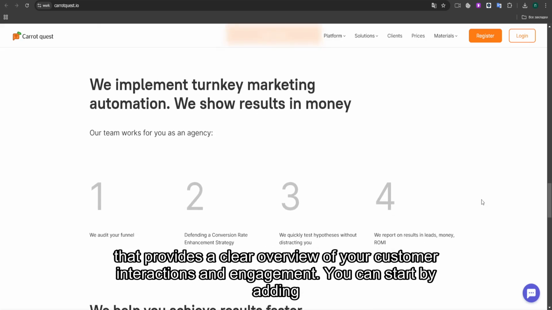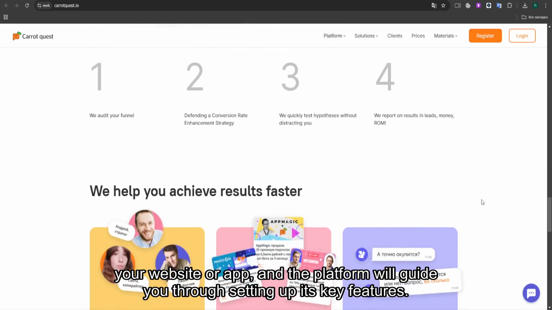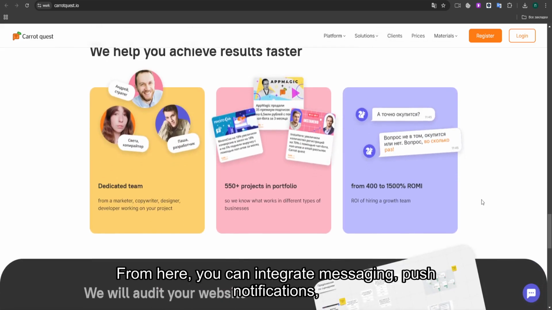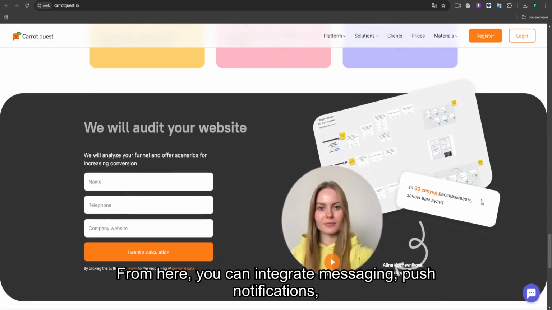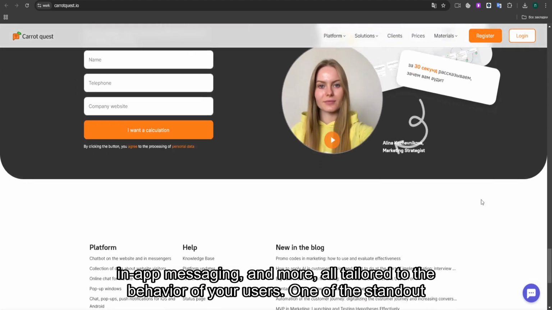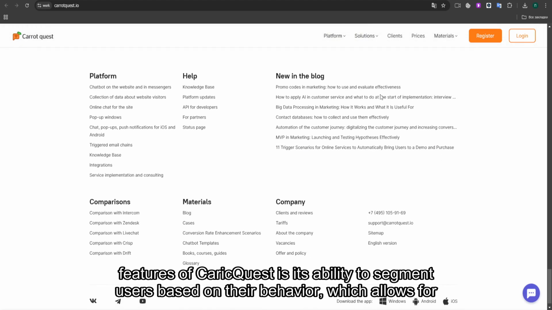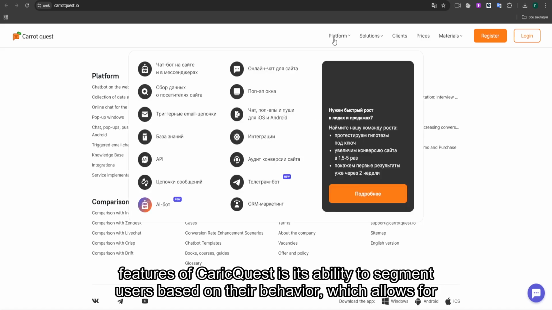You can start by adding your website or app, and the platform will guide you through setting up its key features. From here, you can integrate messaging, push notifications, in-app messaging, and more, all tailored to the behavior of your users. One of the standout features of Quest is its ability to segment users based on their behavior, which allows